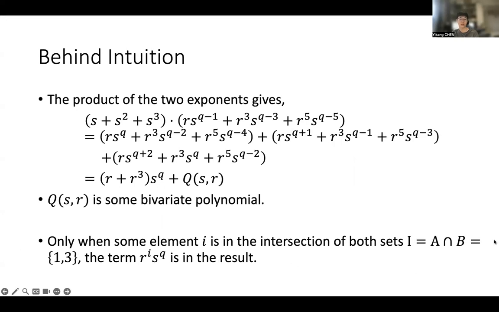So this is a very good property and the true insight of this ESA construction. Note that Q(s, r) is the rest of the bivariate polynomial in the equation.